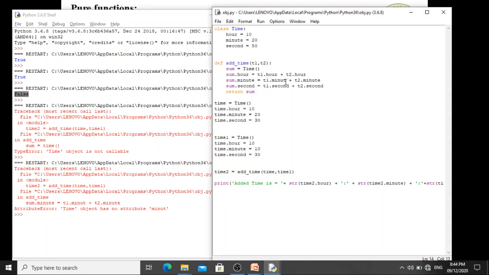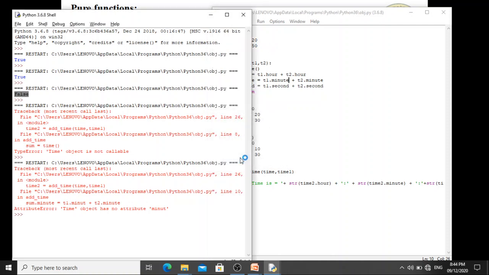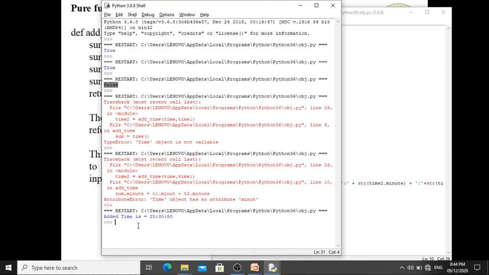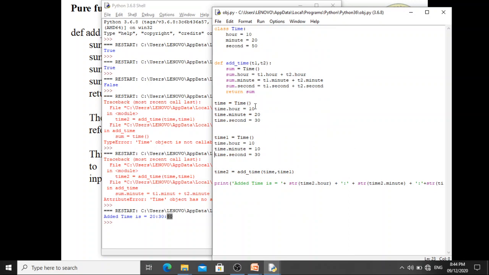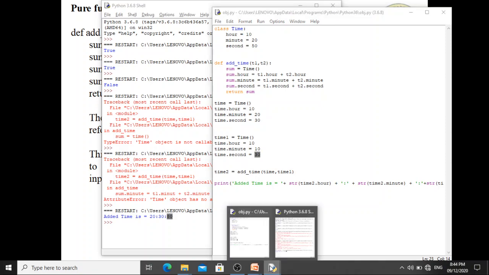Okay, minute. So errors. Okay, so my minute was missing. I've added. Now see, the added time is 20, 30 and 80. Okay, so 10 and 10. It adds hour and hour, 10 and 10, 20, 10 and 10, 20, 30 and 30, it should be 60.